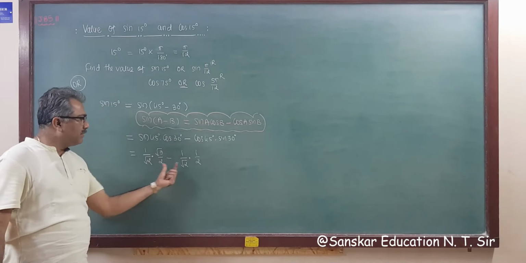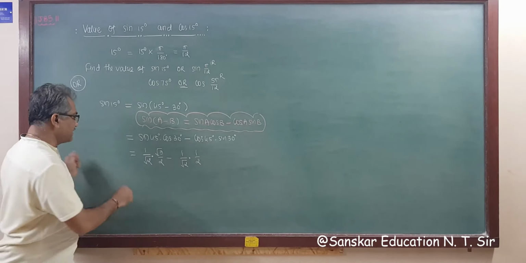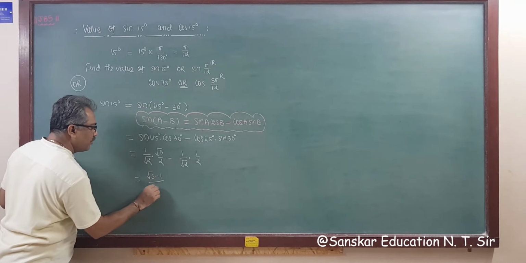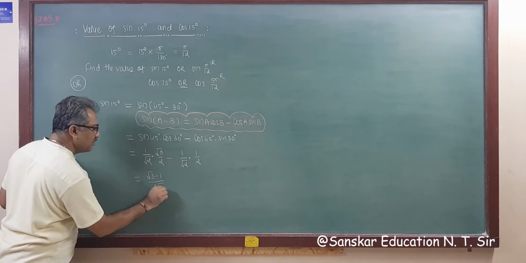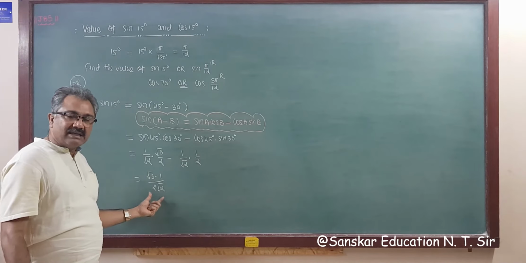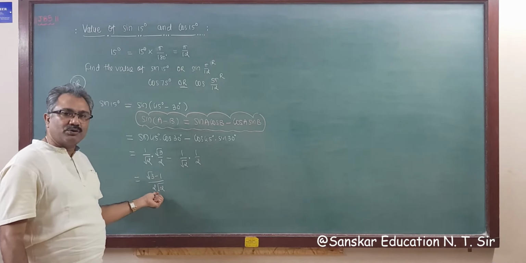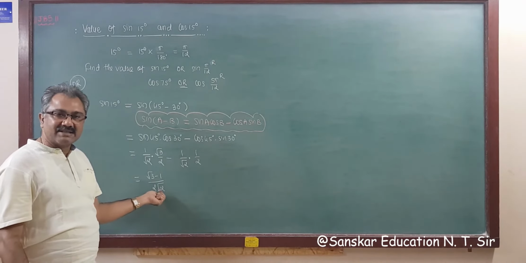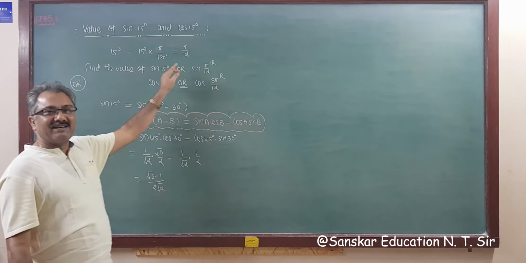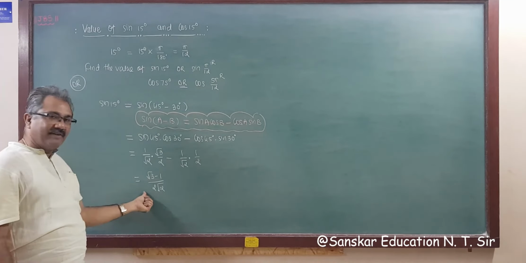So the denominator on both sides is the same, taking LCM as 2 root 2. So the answer will be root 3 minus 1 upon 2 root 2. So this is the value of sine 15 degree. Sometimes in 12th standard sums, they give root 3 minus 1 upon 2 root 2. Then you have to consider this as the value of sine 15 degree. Got it? Either cos 75, either sine pi by 12, either cos 5 pi by 12. All four are the same value.